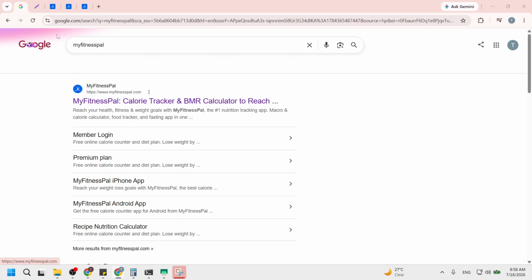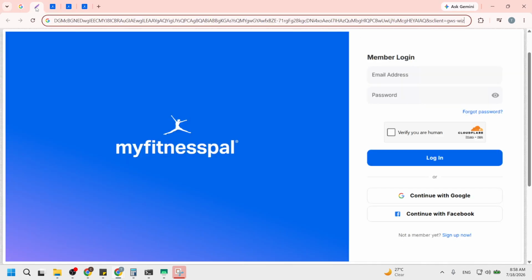Next up, once you are on the MyFitnessPal homepage, look for the Login option. This is usually located at the top right corner of the page. Click on it and you will be prompted to enter your credentials. Input your email and password associated with your MyFitnessPal account. If you've forgotten your password, there's an option for recovery. Once you have logged in successfully, you will be taken to your account dashboard where you can track your food